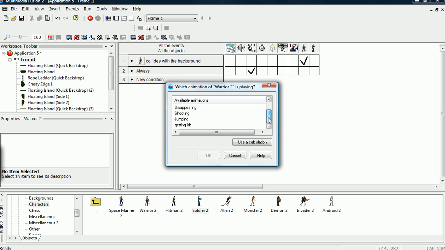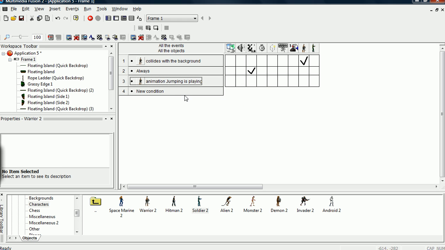And I don't know if he has an attack animation or not, but we'll just do a jumping animation. And now we want to do to make his animation play,